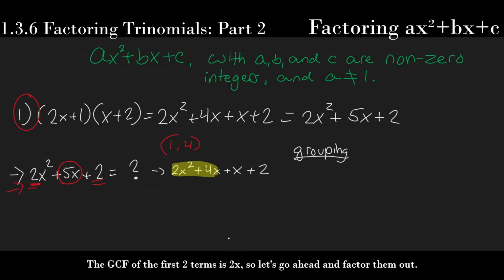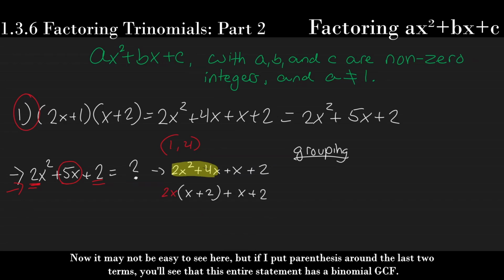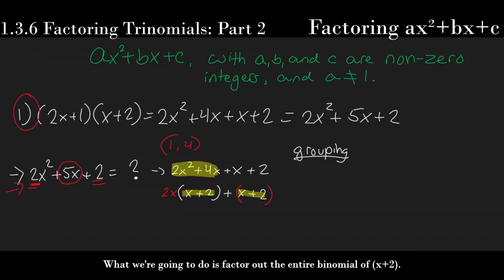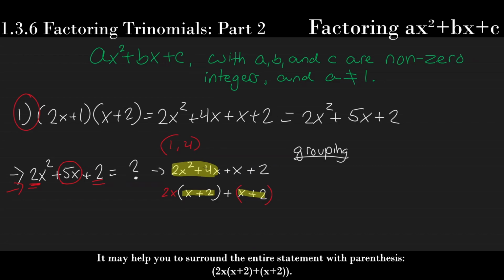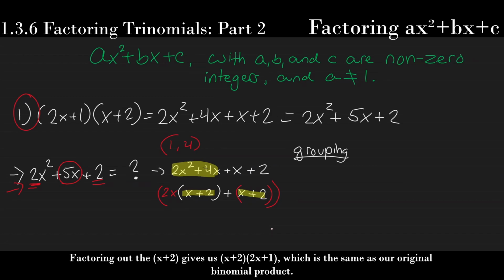The GCF of the first 2 terms is 2x, so let's go ahead and factor them out. Now, it may not be easy to see here, but if I put parentheses around the last 2 terms, you'll see that this entire statement has a binomial GCF. What we're going to do is factor out the entire binomial of x plus 2. It may help you to surround the entire statement with parentheses. Factoring out the x plus 2 gives us x plus 2 times 2x plus 1, which is the same as